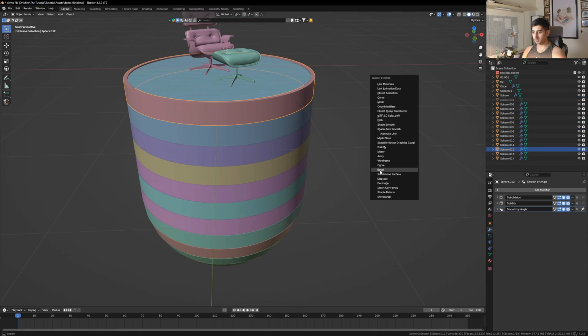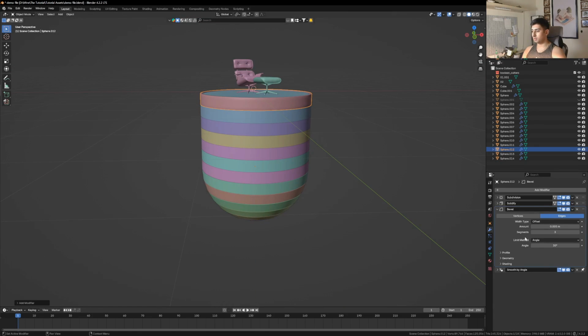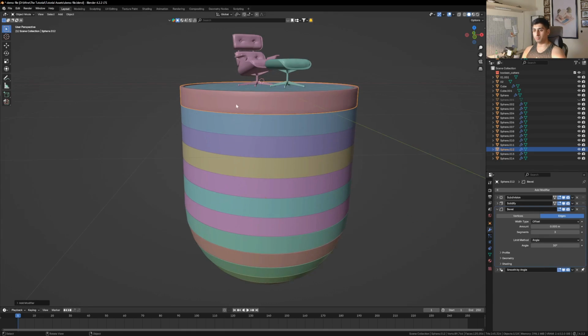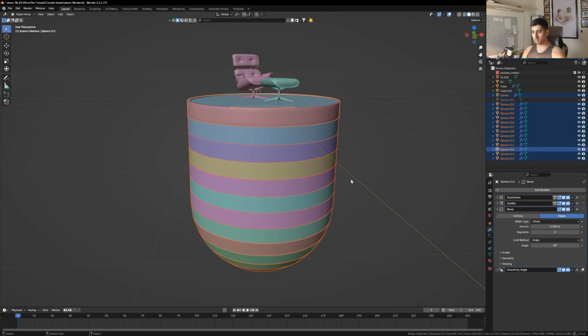I will add in a bevel modifier. Not again, this is the first time I'm adding it. Let's give it some amount and give it some segments. Alright, this is up to you. You can go even to one, it would work as per your PC allows. Alright, I will select the bottom rings and